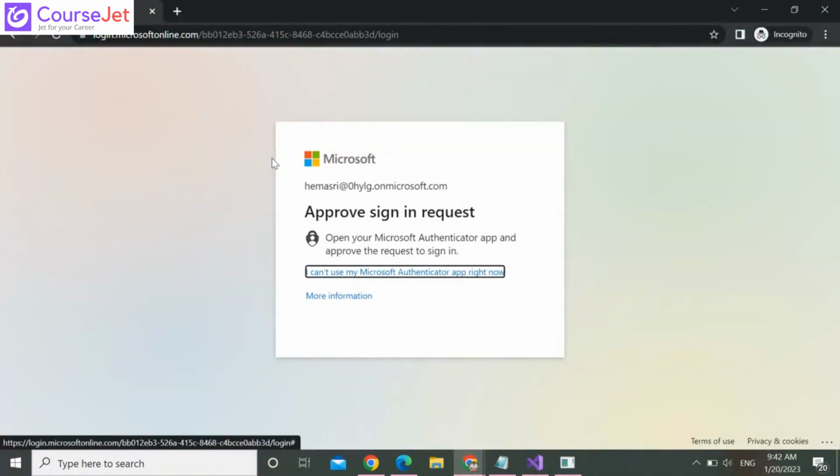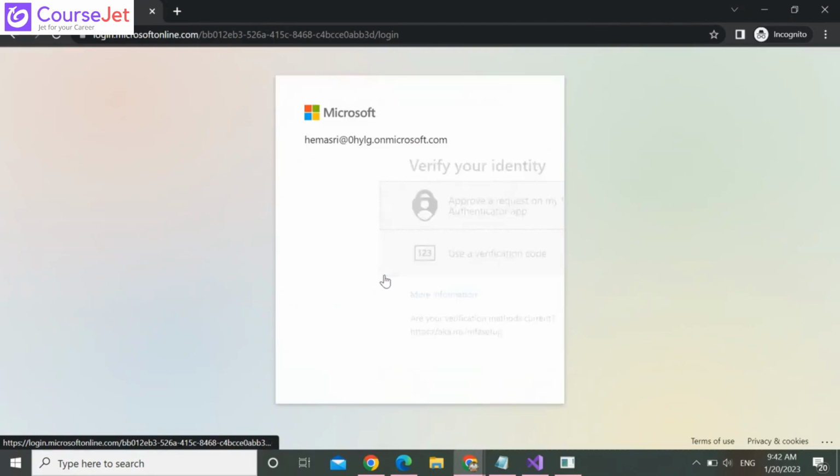Oh, you are approving through the Microsoft Authenticator app? Yes.